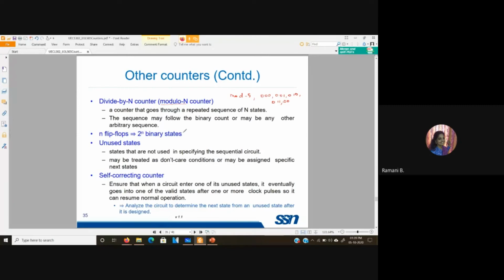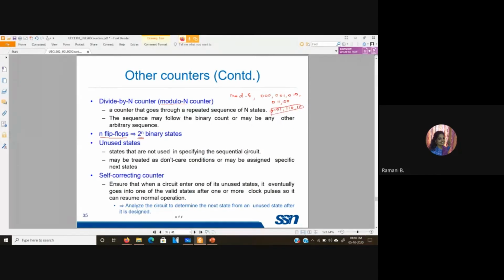Okay. The general thing you need to remember is, if you have n flip-flops, they can accommodate up to 2 to the power n binary states. Accordingly, the number of flip-flops required is decided based on the number of states. So here, with such a mod 5 counter, we are using a 3-bit sequence as the state. In this, 101, 110 and 111 are unused states, right? We did not do anything about it.